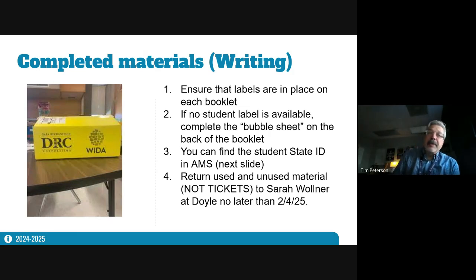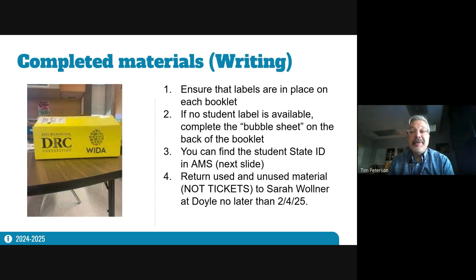Believe it or not, there will be a follow-up by DRC. Sometimes it's even in late June, early July, they'll say, where is this? And we'll have to try and get a hold of the people at the school. So if you can really work hard at getting all the materials returned, that would be great.